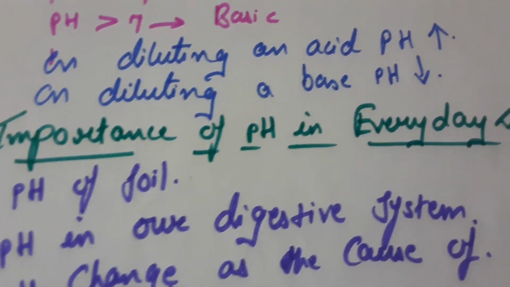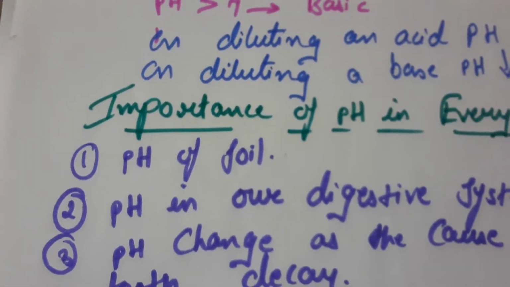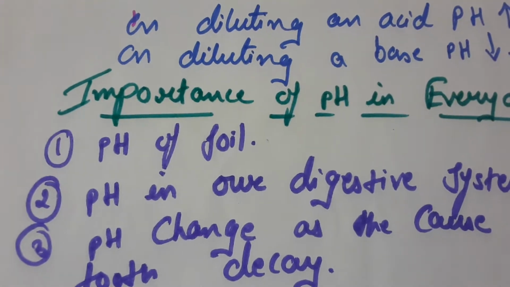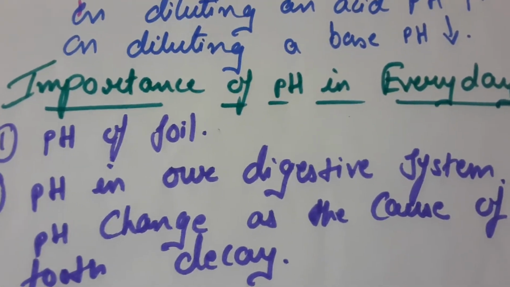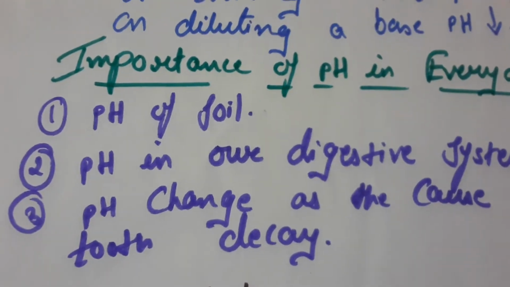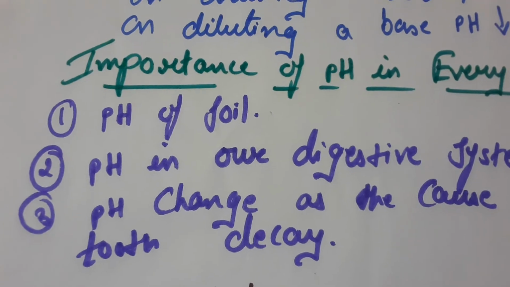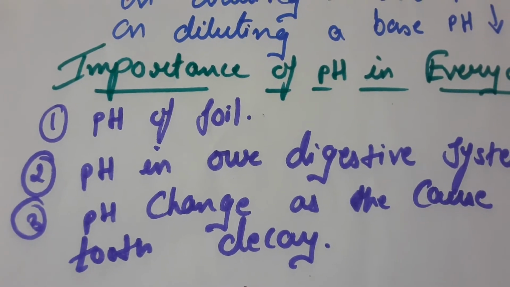Tooth decay starts when the pH of the mouth is lower than 5.5. So if it is lower than 5.5, then the tooth decay starts. Tooth enamel is made up of calcium